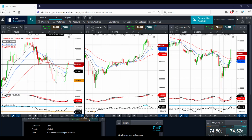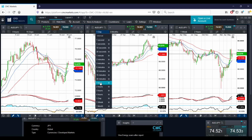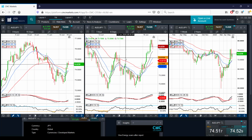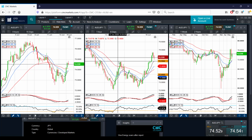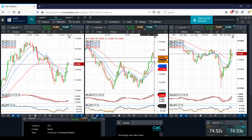The 4 hours, just like Kiwi yen, is also in an uptrend, and now we are in the process of pulling back. So I would like to drill down into the lower time frame and look for potential trading opportunities. For example, on the 1 hour, looking for a pullback perhaps into this previous high. You can see there's another touch here around the 74.30 area, a nice bullish candle in the buy zone, and a